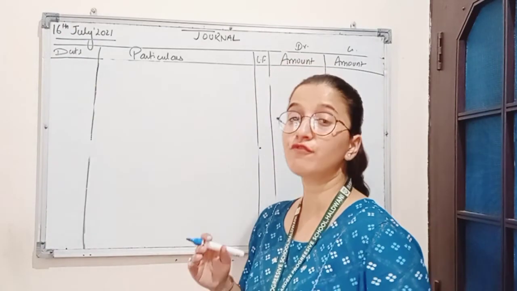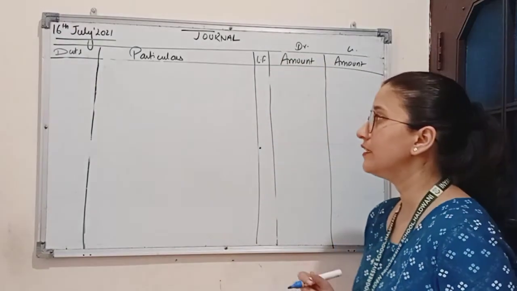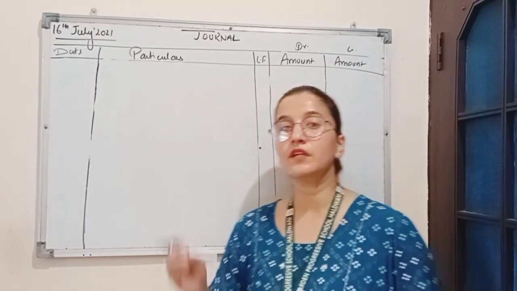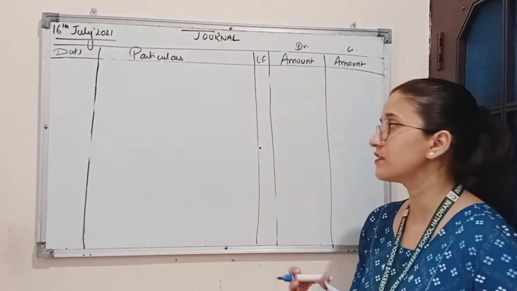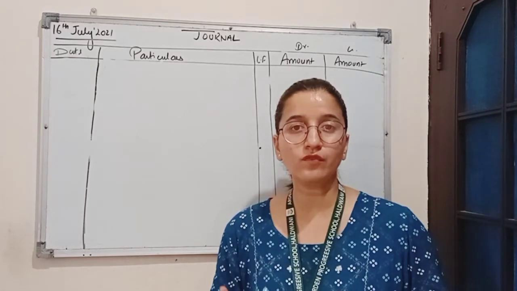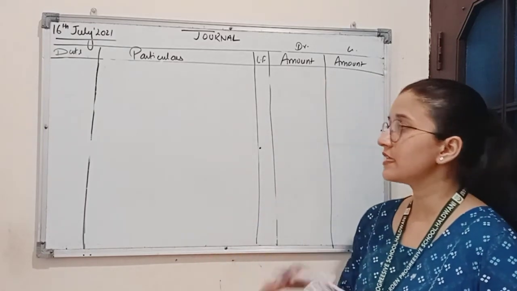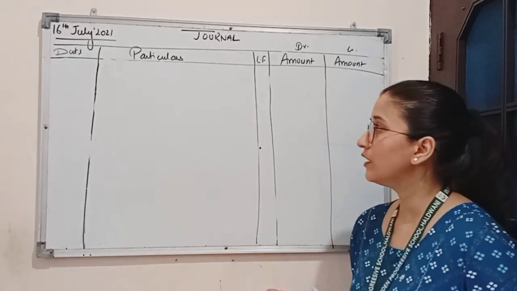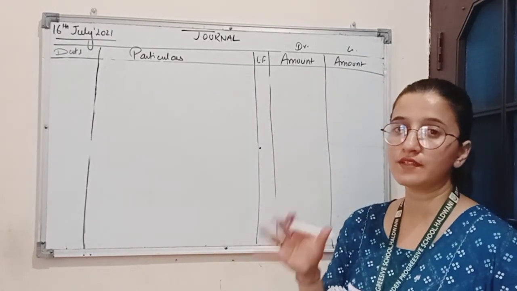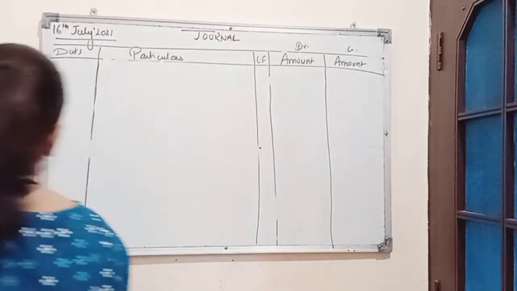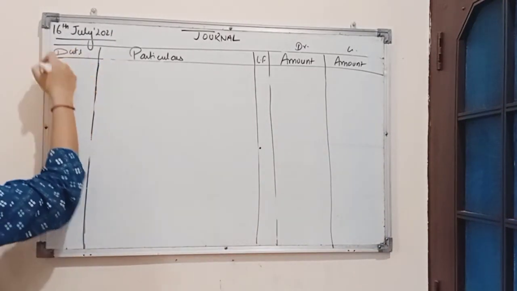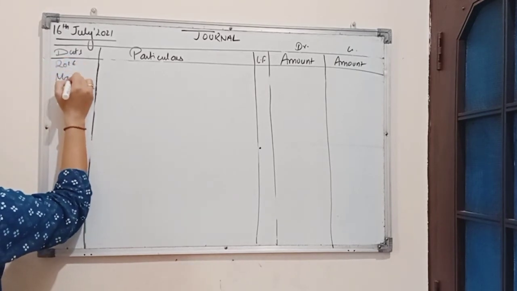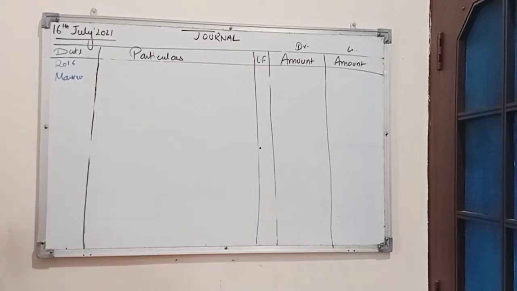bank by transferring from current account. Now here in this transaction, the amount which was deposited in current account, it is now transferred to fixed account. That means current account will be debited with some amount and the same amount will be credited to fixed capital account. So here fixed capital account is now opened. Year is 2016 and date is March 20.